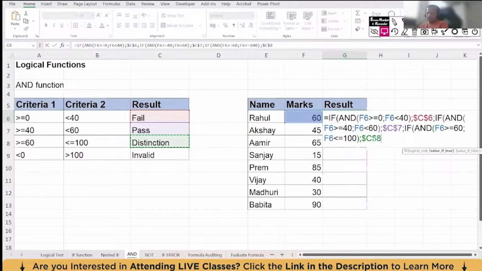I press the F4 button, so it is $C$8, comma. Now, the final thing. If Rahul's marks are not between 0 to 40, not between 40 to 60, and not between 60 to 100, then by default it will be invalid. So after this C8, $C$8, comma, I select this cell now, that is C9. I again press the F4 button,